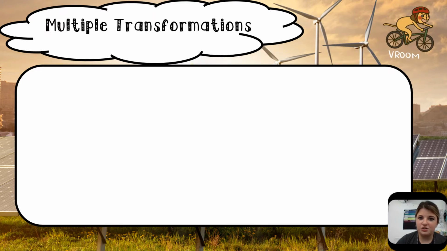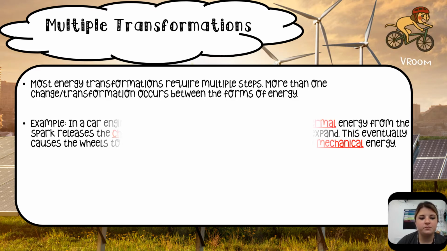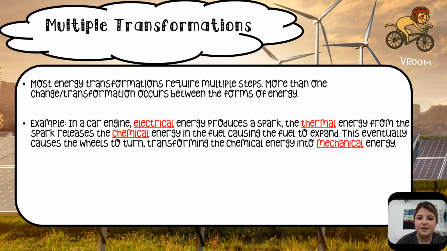Most of our energy transformations are going to require more than just one step. So most of them will have multiple transformations that they go through. An example of this is that in a car engine, electrical energy produces a spark. The thermal energy from the spark releases the chemical energy in the fuel because it heats up the fuel and breaks the bonds that are found in the fuel, which causes the fuel to expand. Eventually, it expands